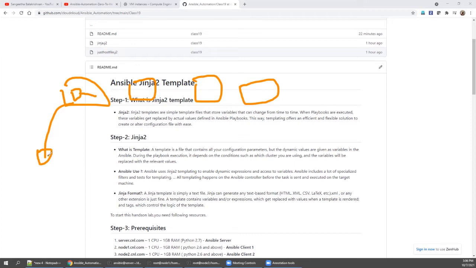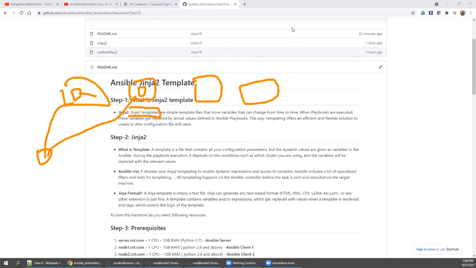Copying the same file to 100 or 1,000 servers, changing parameters according to each machine's characteristics and OS, is too difficult and a big challenge. So Jinja 2 will help us achieve this in an easy way.